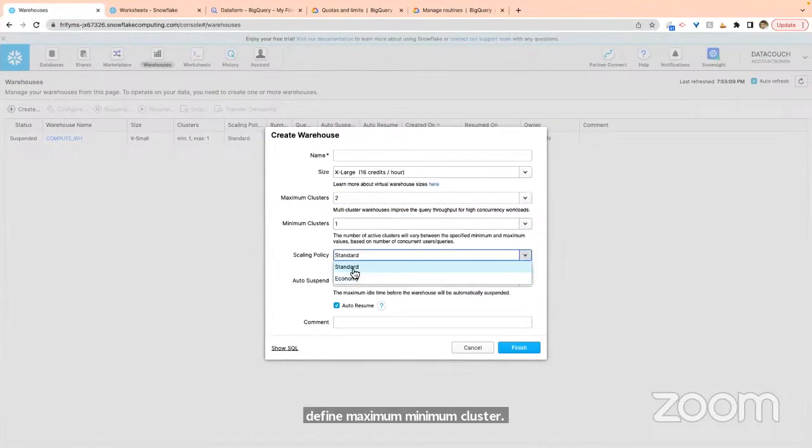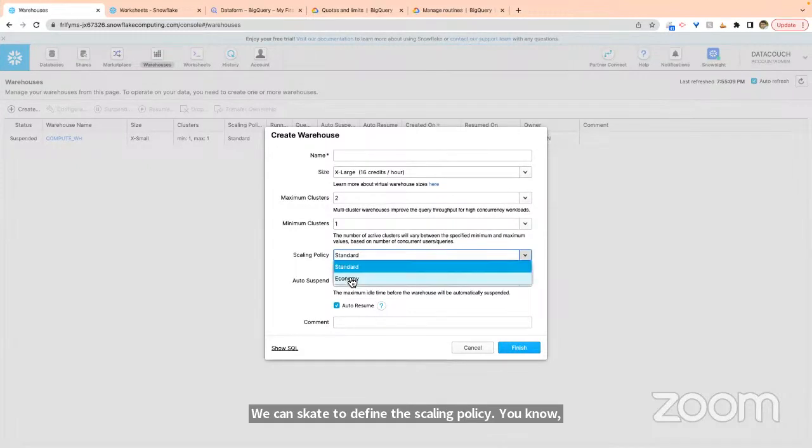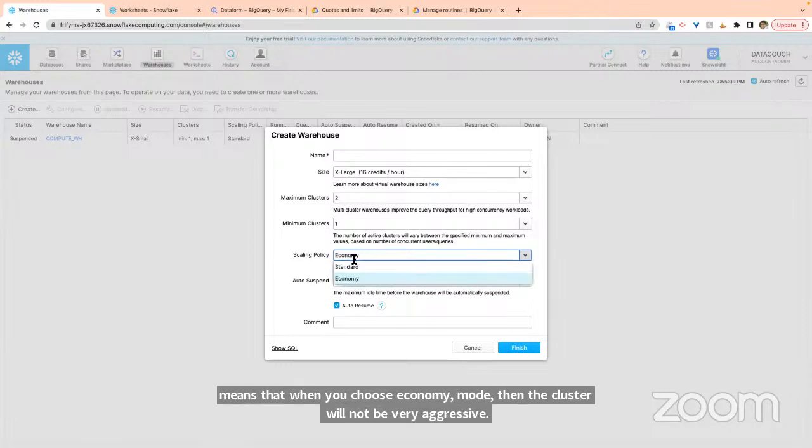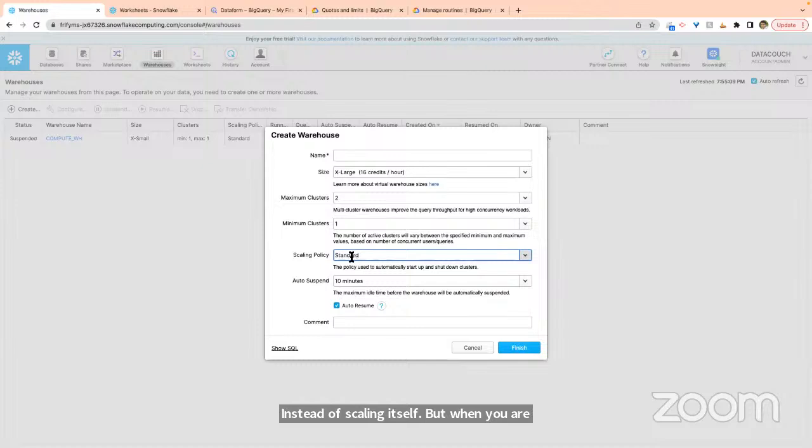When you drive a car, you can have a sports mode or an economy mode. Similarly, you can choose which mode you want, to save more money or to run your queries faster. When you choose economy mode, the cluster will not be very aggressive in scaling itself. But when you choose standard mode, you are ensuring that the cluster scales eagerly. So it depends on how fast you are scaling.